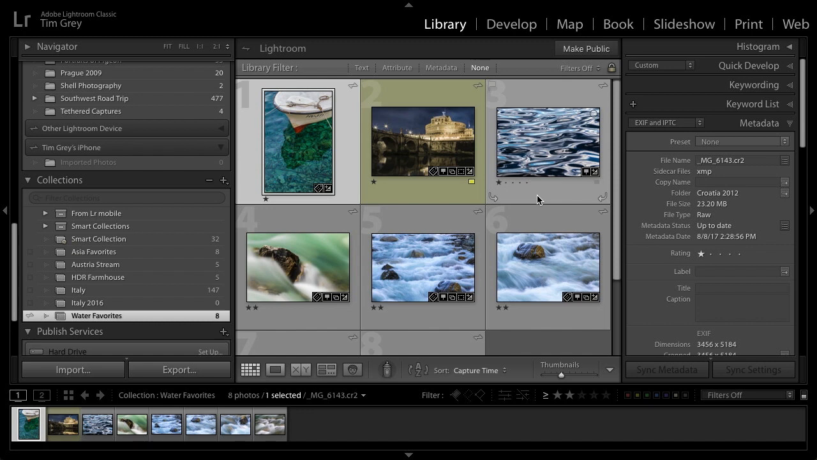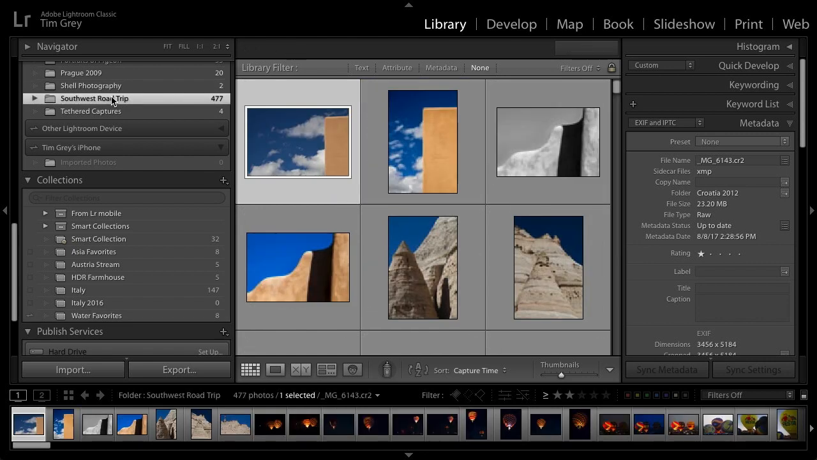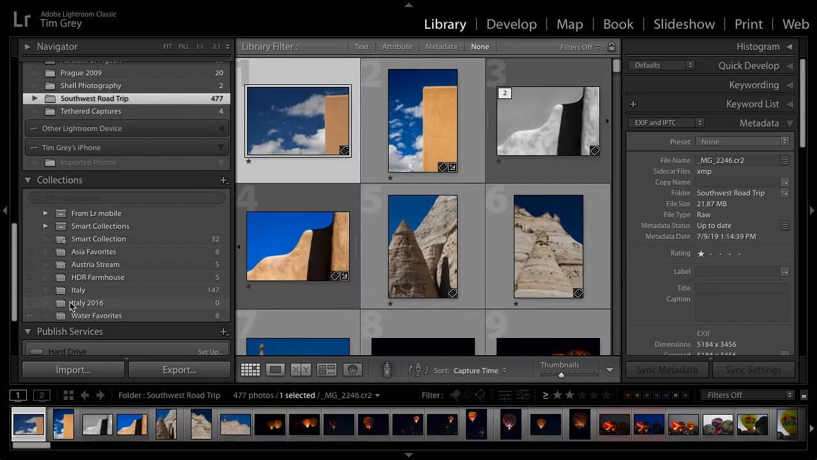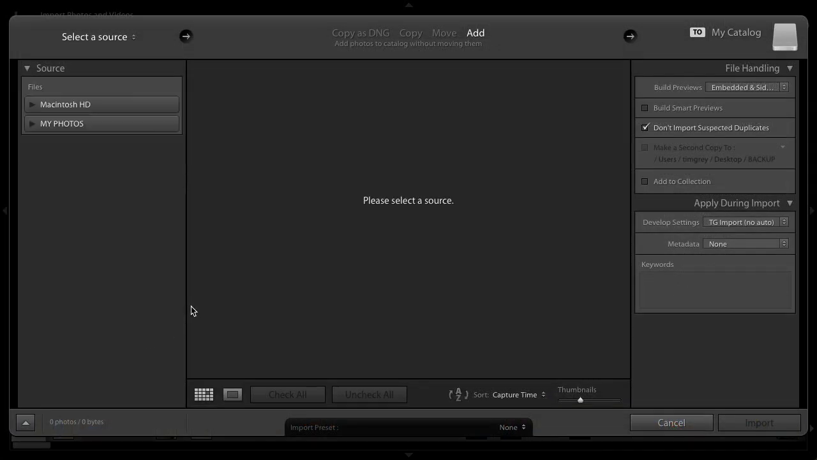So those collections are available to me at any time, and I could certainly drag photos from any folder. I could go find a folder and drag and drop photos into any of my collections. Well, we can also add to collections during the import process. And so if I'm importing, I'll go ahead and bring up the import dialog here, and then we have an